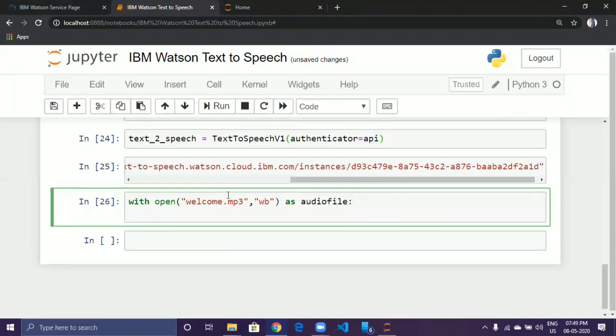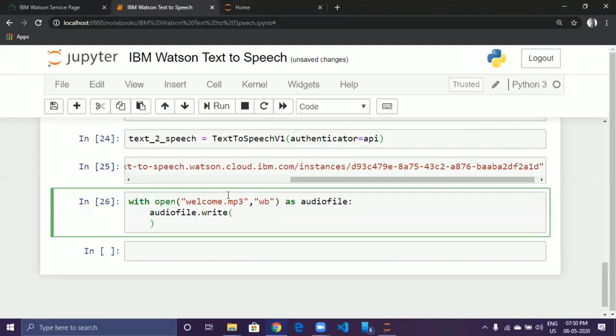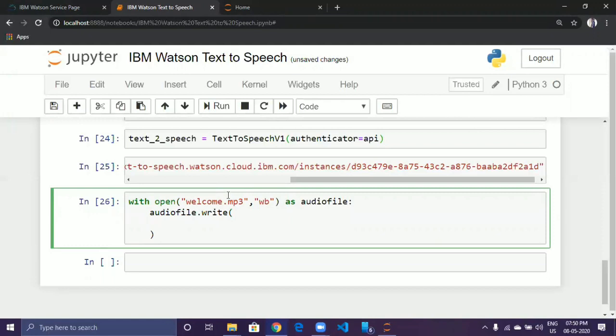Now we are going to write this audio file with the help of IBM Watson text-to-speech service. Audio file dot write. Then now call our text-to-speech service dot synthesize.